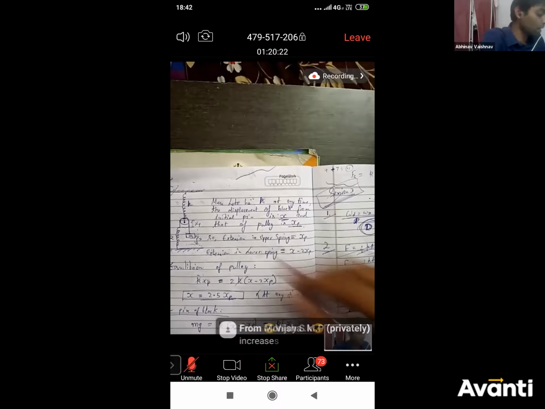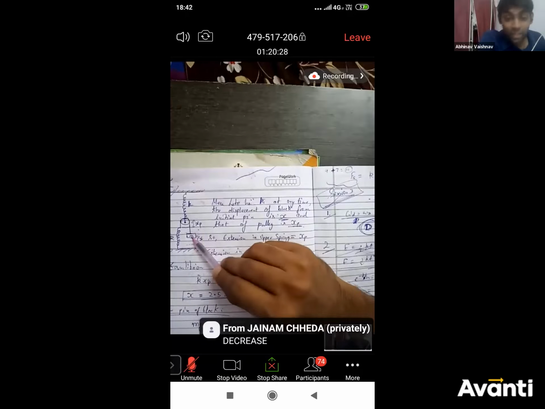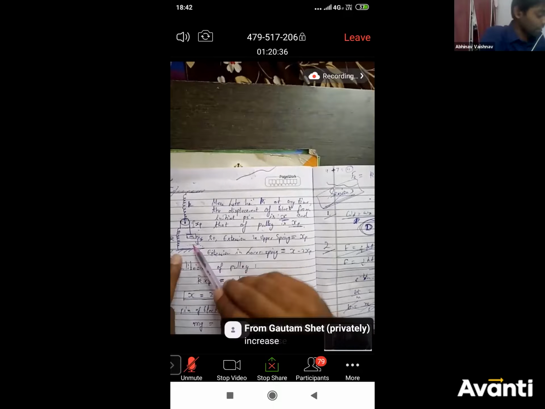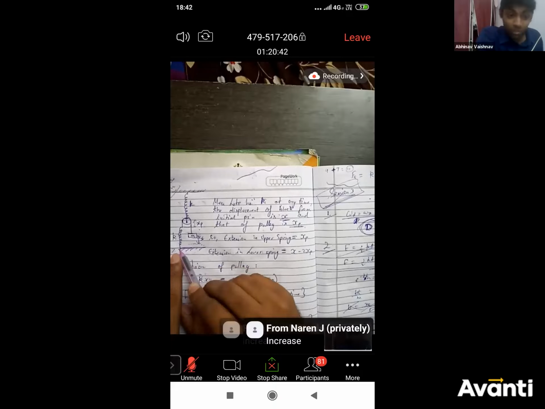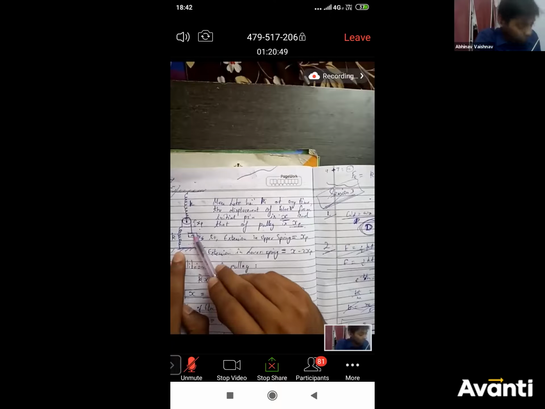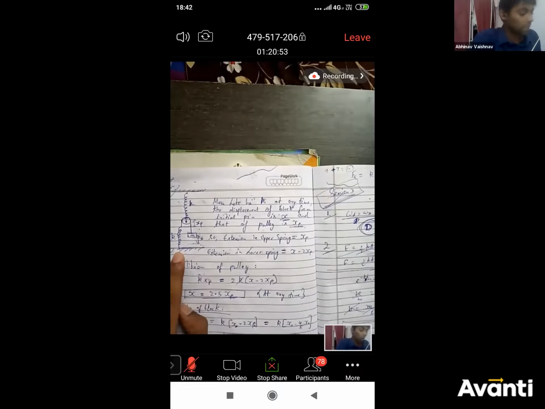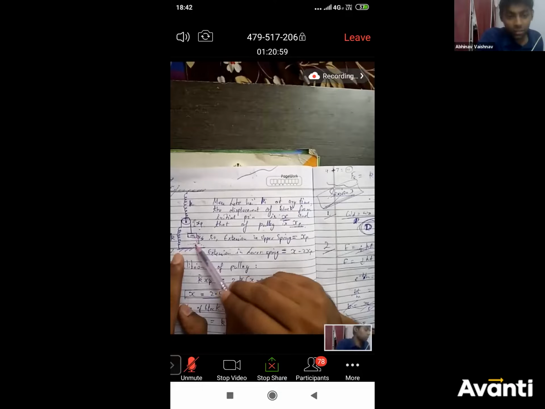If the block moves down by 1 meter, what will happen to the length of the spring? It will increase by how much? By 1 meter. बहुत ही basic चीज है ना, right? पहली कक्षा में पढ़ाना चाहिए तो. Because this point of the spring is fixed, and the other point is moving down by 1 meter, the length of the spring also increases by 1 meter, right?